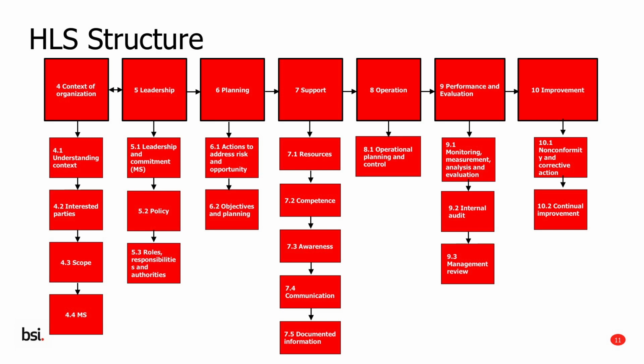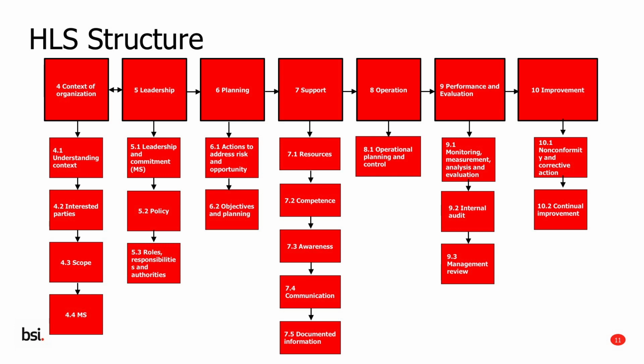5.2 gives the detail of the policy. So 5.2 of both standards, both 9 and 14, lay down the requirements for the policy. And then 5.3 is roles, responsibilities, and authorities. So 5.3 gives the detail in relation to roles, responsibilities, and authorities, the detailed requirements. Section 6 is planning. And the key